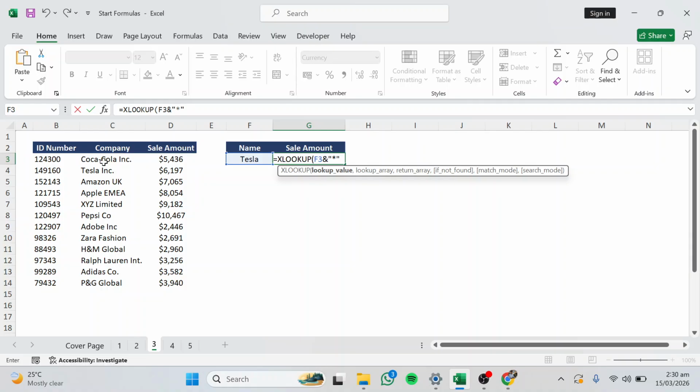Now, this is actually an adjustment which tells the formula that, hey, there's a chance there could be another word or another letter after Tesla, right? So the formula will understand, okay, there could be another word. So I don't specifically have to look for the Tesla. There could be Tesla INC. Regardless, I have to fetch the data,